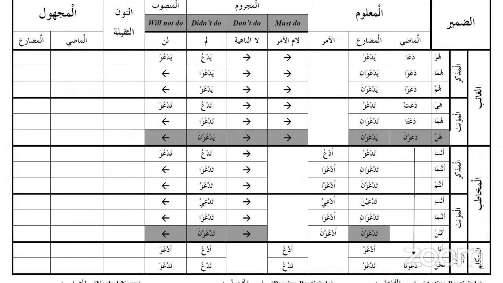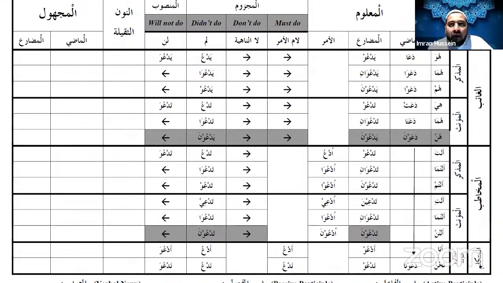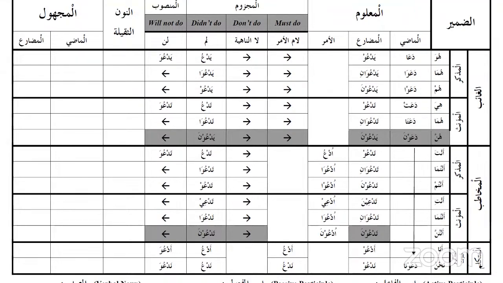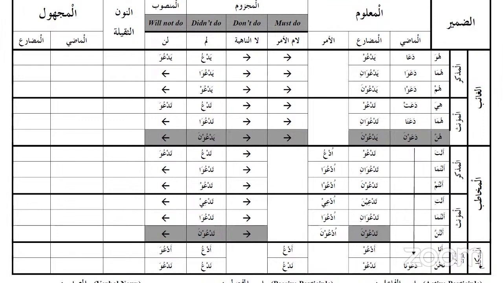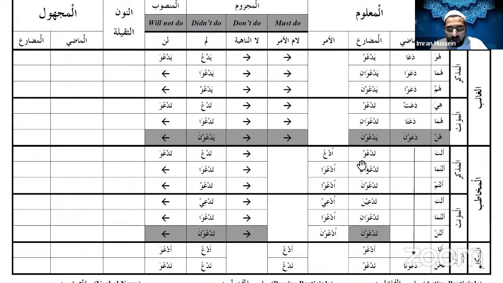Okay. So for example, in nasara yansuru, we said tansuru and we made it unsur because in the fi'l mudari, the amr itself is majzoom. It should have a sukoon at the end. Now, with regards to when there's a weak letter, a waw or a ya at the end, the dropping of the waw or the ya is the alamatul majzoom.